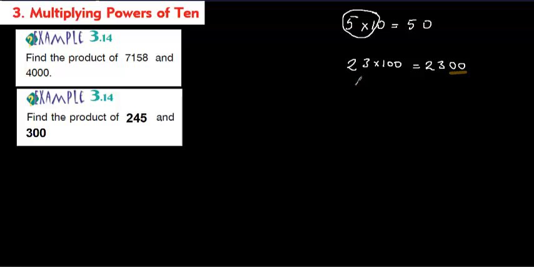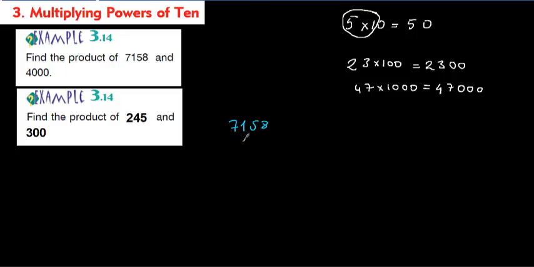Or 47 times 1000, it's going to be equal to 47 times 1, and those 3 zeros are going to be added at the end. Then the answer is 47,000. Like this one, when you are multiplying by something like 4,300 here, you are going to multiply by only 43, then the zeros you are going to add to the end. Instead of multiplying